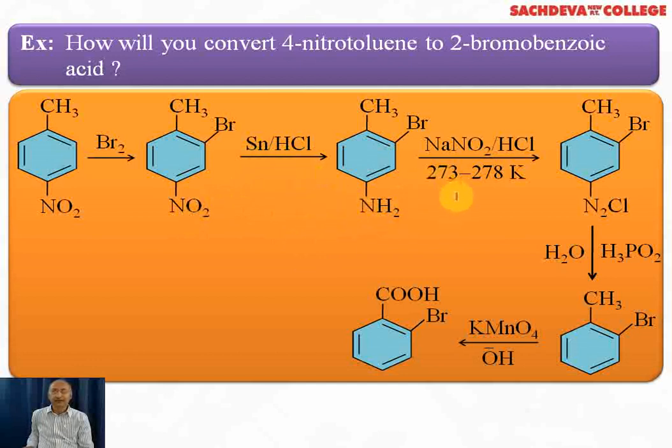Now the next step is diazotization with the help of NaNO2 and HCl. Temperature is 273 to 278 Kelvin. NH2 group will change to N2 positive Cl negative, that is, the corresponding benzene diazonium chloride is formed. We want to get rid of this group, so we can treat it with H3PO2 in presence of water, so we'll get ortho-bromotoluene. We want ortho-bromobenzoic acid or 2-bromobenzoic acid, so we oxidize it with alkaline KMnO4, CH3 group will change to